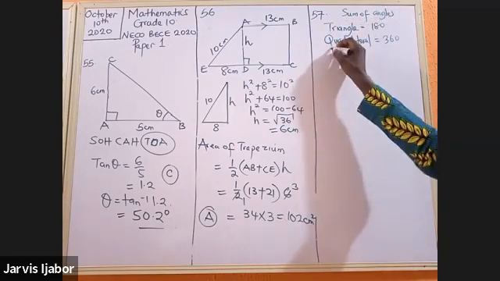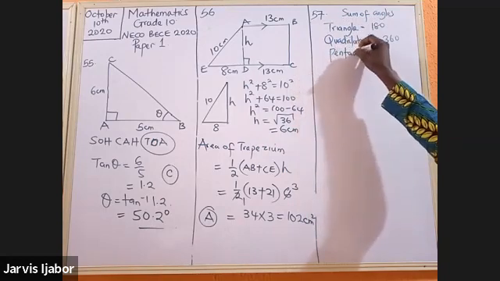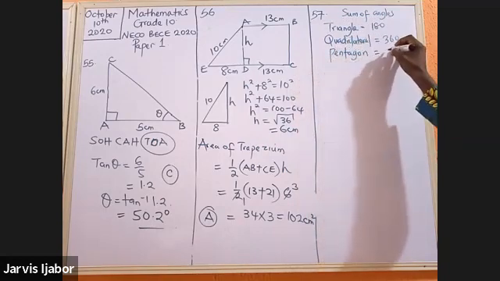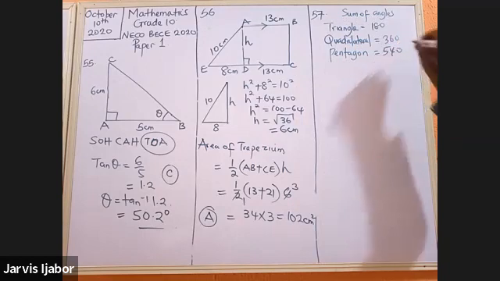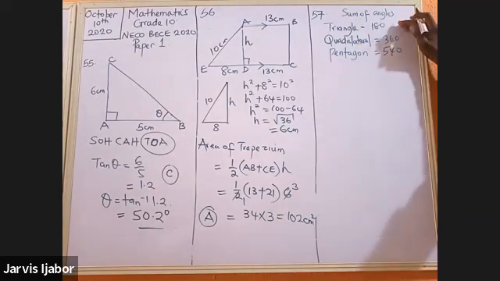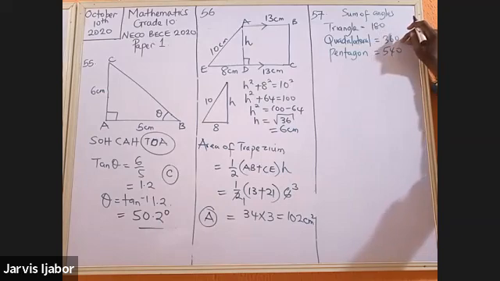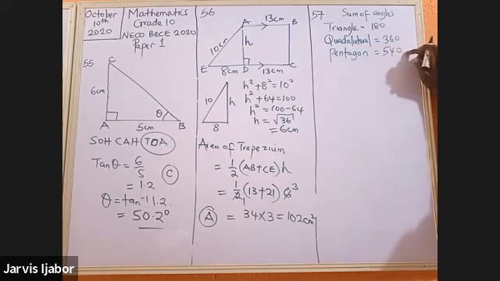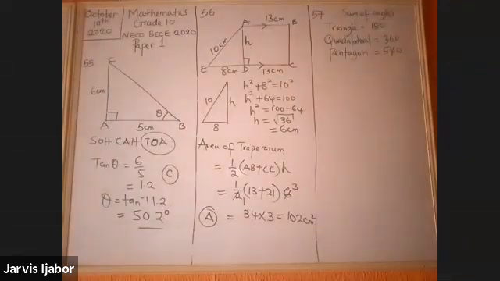If it's a pentagon, it will be what? 540. What you observe is that as you move from one polygon type to another, the sum is essentially a multiple of 180: 180 times 1, 180 times 2, 180 times 3. Sometimes in an exam setup,